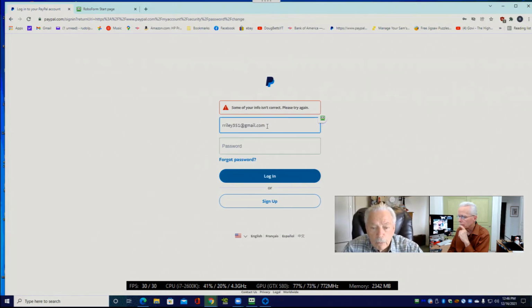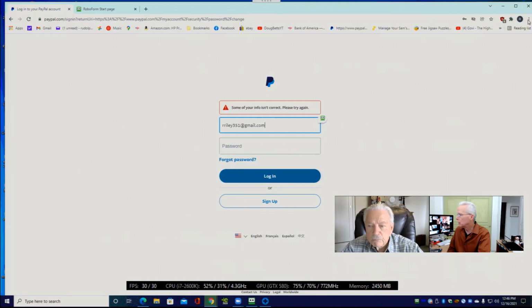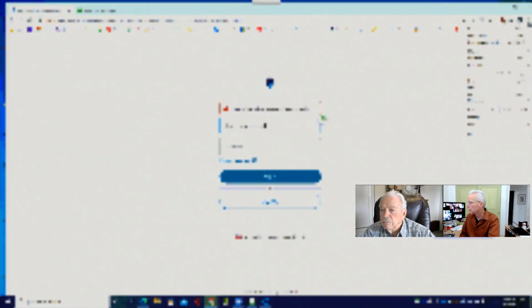Actually, what will end up happening is everything that my browser has will be using a different password than RoboForm, so each and every one of those will have to be changed, won't they? Yes. Okay. Now you can change them in bulk once you've switched everything over and you're confident everything is done. Mm-hmm. And I actually should make sure that I'm correct when I'm saying that, because I know I've gone back and looked at that a couple times and it hasn't worked the way that I thought.